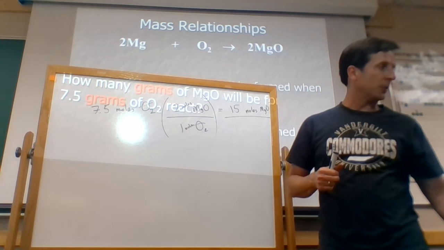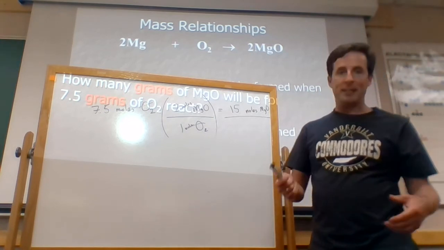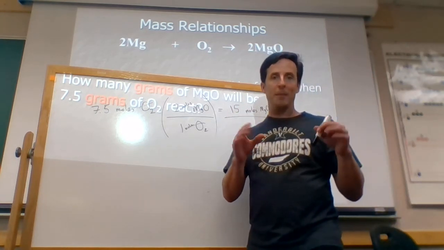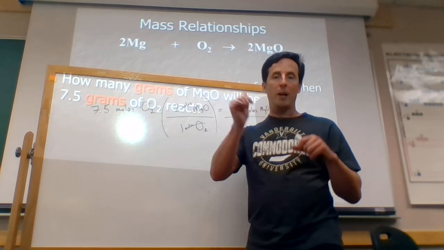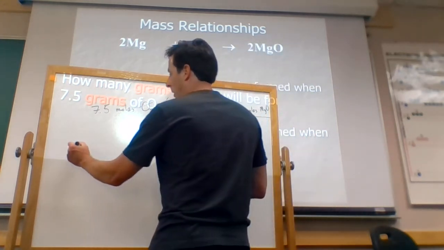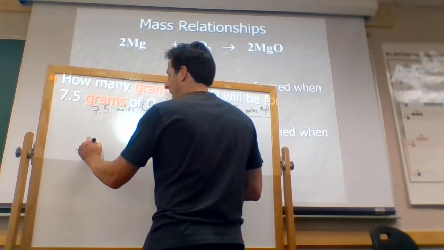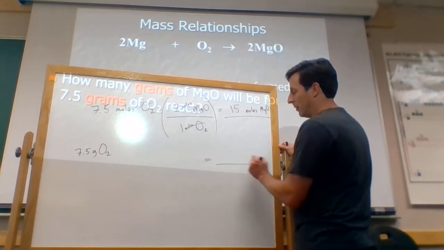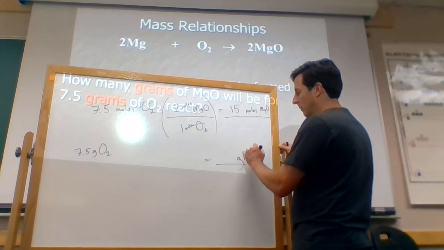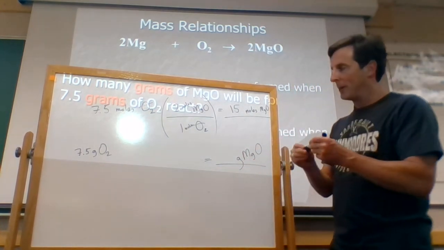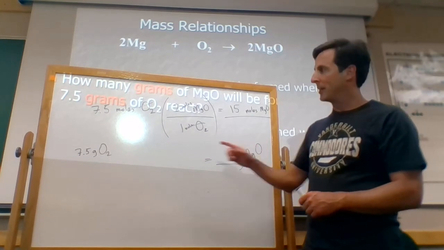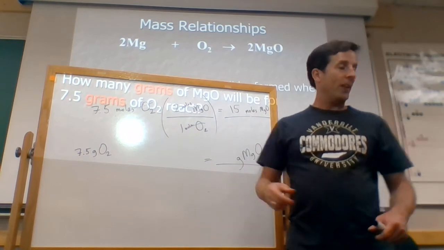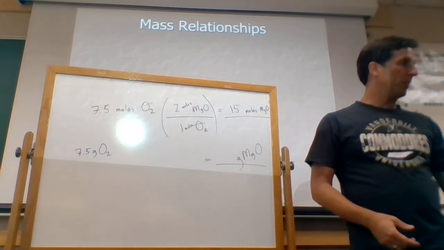So then I can look at the next question, which is basically the same idea, but this time the wording of the question is exactly the same, except I switched out moles and I put grams in instead. So now I'm going to start with 7.5 grams of O2, and I'm going for the grams of MgO. If you look at the question though, it's almost identical, except I just changed moles and moles to grams and grams. Now, that's a pretty key change, because if I look back at my mole map,